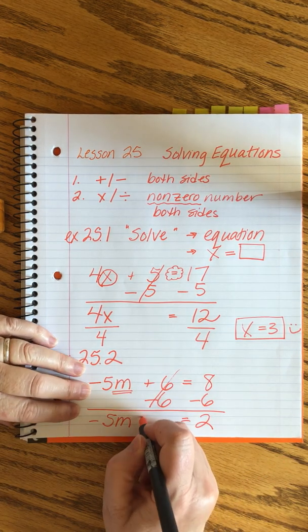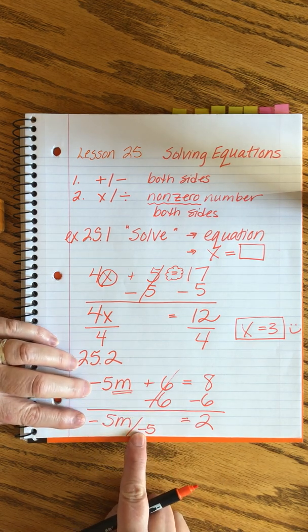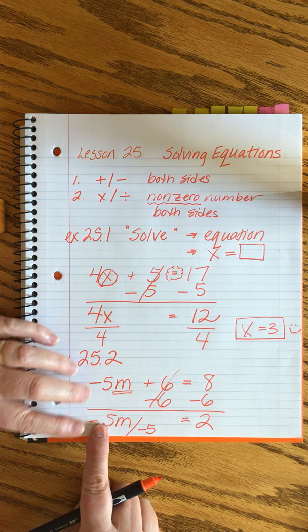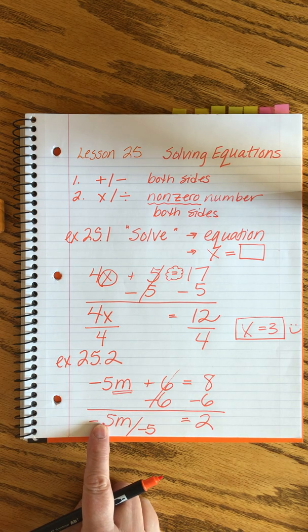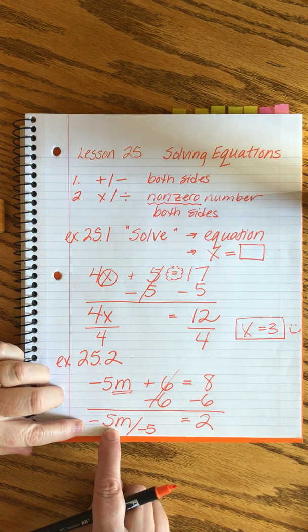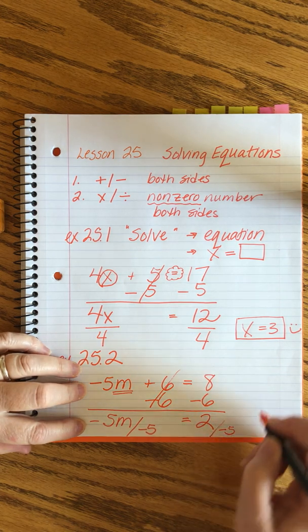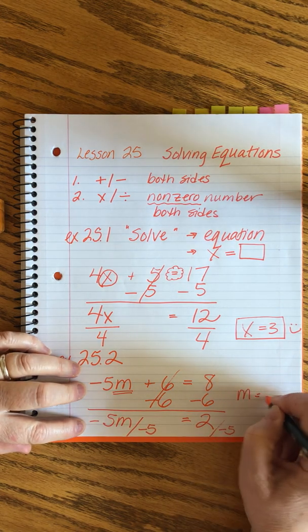This is slightly squishy, but we divide by -5. Don't worry about the plus and minus signs and trying to make sense of it. Just know we always divide by the exact same thing that we're multiplying by. So we're multiplying by -5, so we divide by -5. Same thing over here, and we get m equals